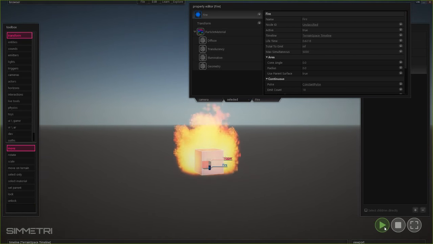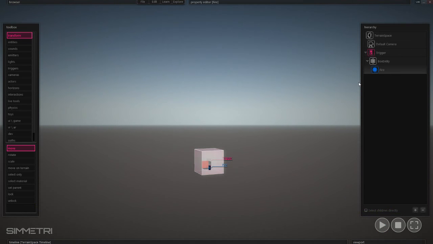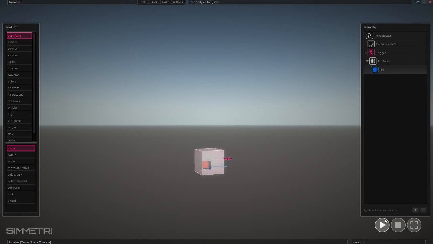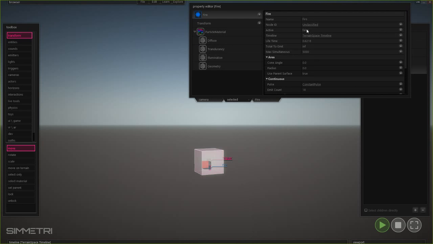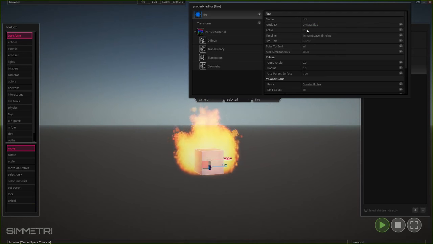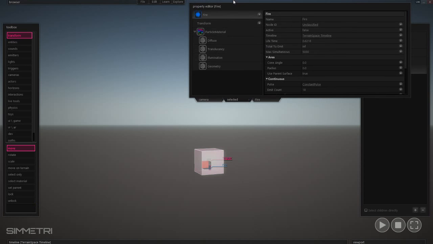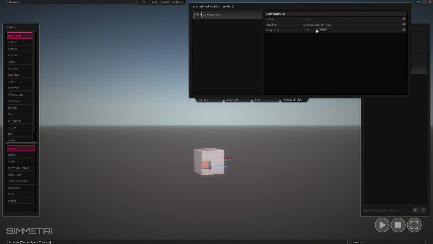So that's one way we can make the fire begin: set it active false in the beginning, and then somewhere when we cross that trigger, it's suddenly true. So let's start, and we'll do it that way, and then we'll do it another way, where we're actually going to change the constant pulse's frequency value, because you'll want to be able to maybe access this as well